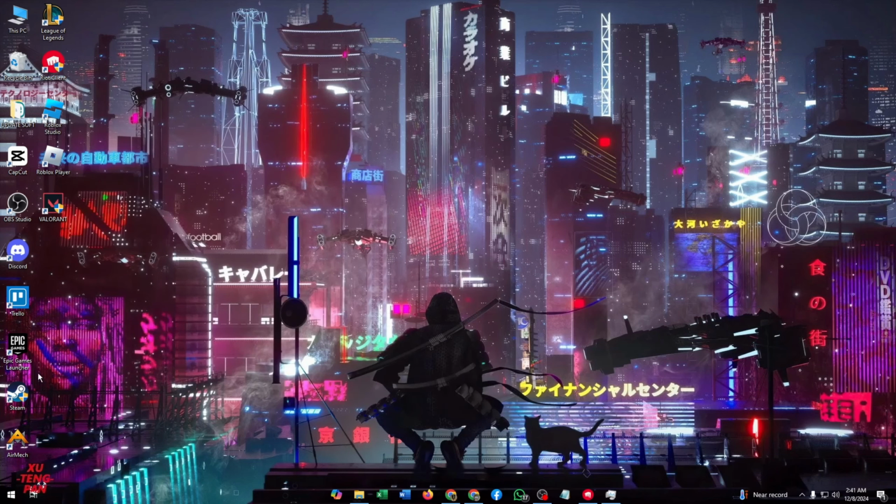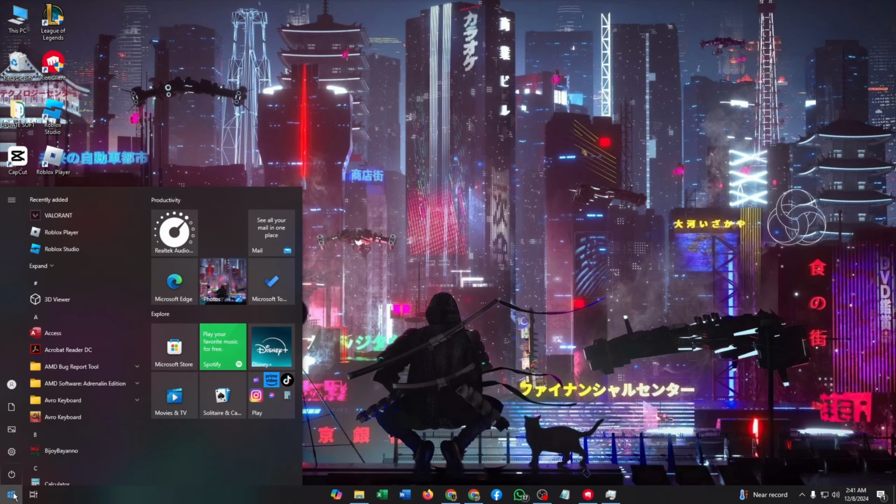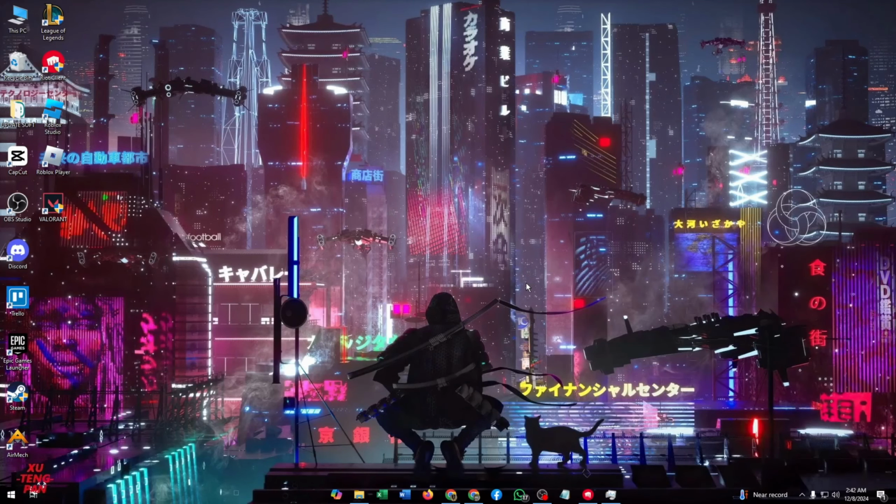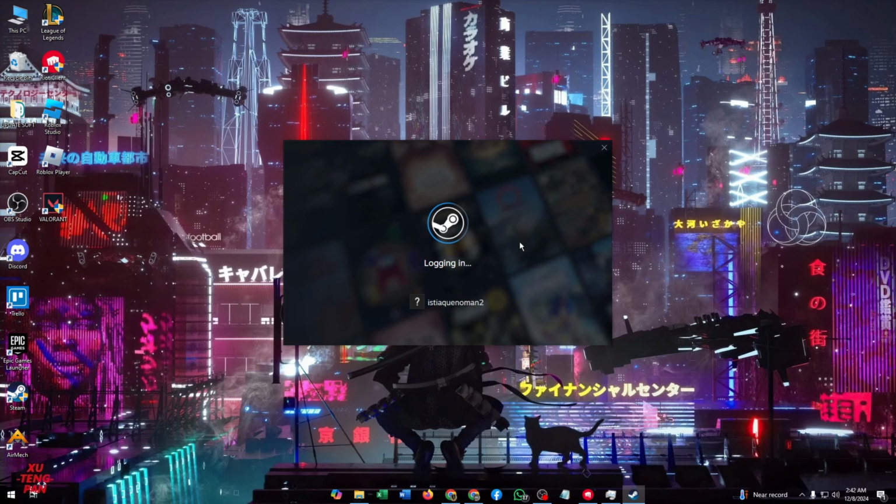on your PC's background. Now here search for Steam and right click on it and click on run as administrator. As you can see, my Steam is now loading,